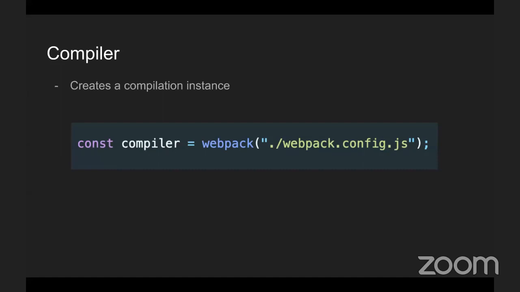Okay. Compiler is where your Webpack starts your compilation or bundle generation. Compiler is a starting point. What the compiler does is it takes the config for the Webpack to run. Without a Webpack config, you can't start any Webpack, right? Whenever you import a Webpack config, it creates a compiler instance. This gives you the flexibility to start the Webpack build or the dev server. So compiler is a tappable instance which allows you to start the compilation process.